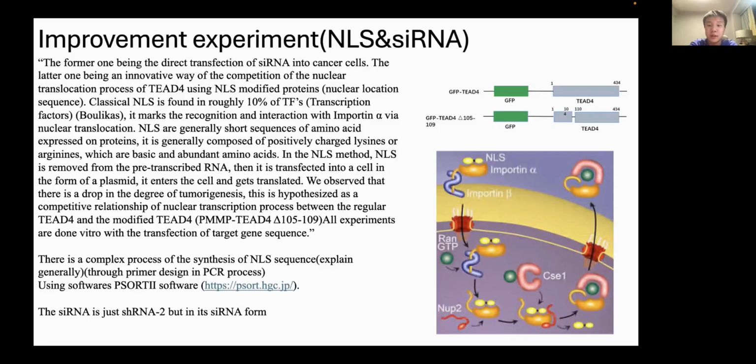So this is the improvement. Think of it just now. Okay, so this is an improvement experiment. We created a mutated form of T84, and as you can see, the 105 to 109 is deleted. So this mutated form of the protein